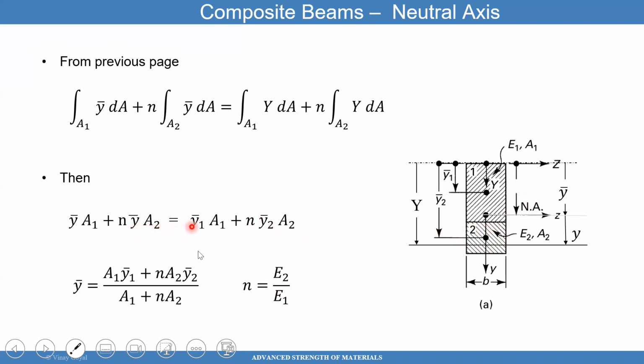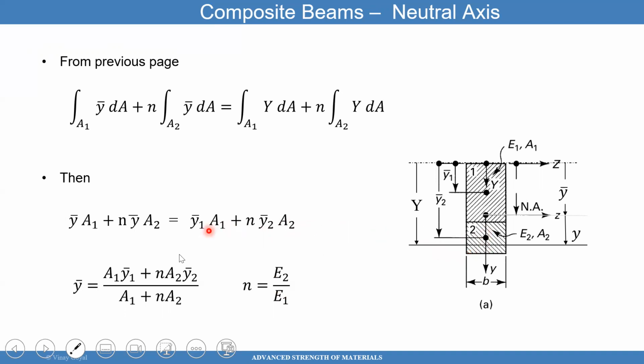That's equal to Y1 bar, which is the centroid of this piece, times A1, the area of that piece, plus n, which is the ratio of the modulus referenced to E1, times Y2 bar, the centroid location of this piece relative to the top surface,